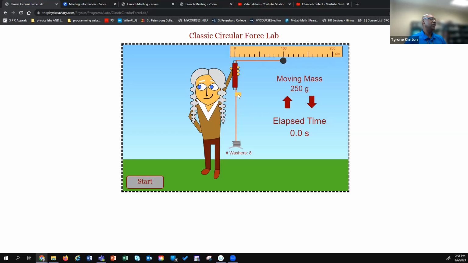Okay. The other variable that you're going to want to change is the number of washers. To do that, again, just click on the washers. Same thing is going to happen: you're not going to always get to that perfect number of washers. Do the best you can. Okay. So once we set the mass, the string length, which we'll call R, and the hanging mass here, we're going to start